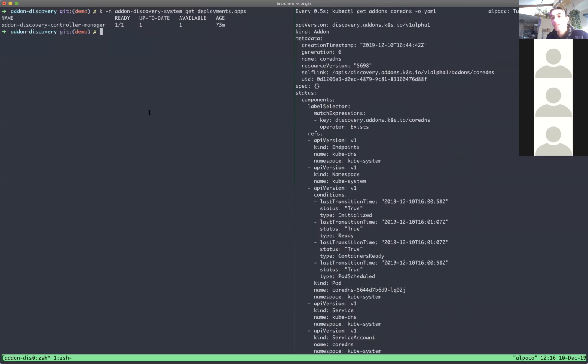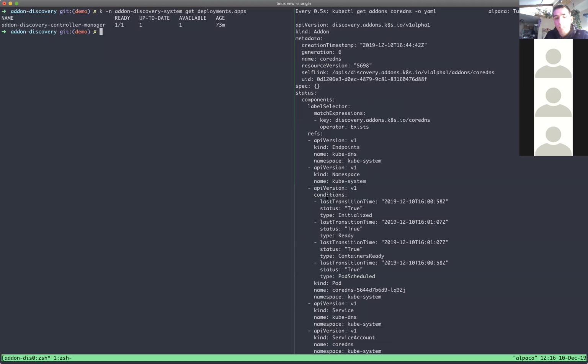Thanks. So effectively, we just made a little controller to implement the custom resource definition we talked about last week, which was essentially an aggregation of references to resources with conditions nested when they were found.